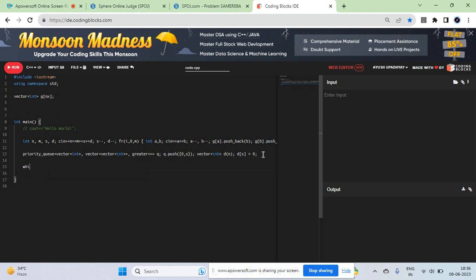While q size, auto f is equal to q top. I'll take out the first, like the smallest distance element, and explore his neighbors